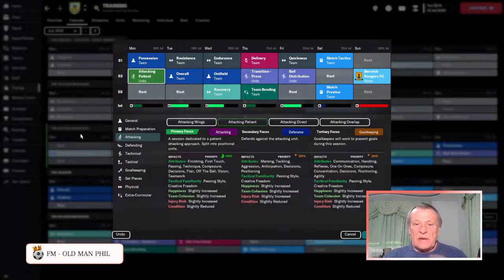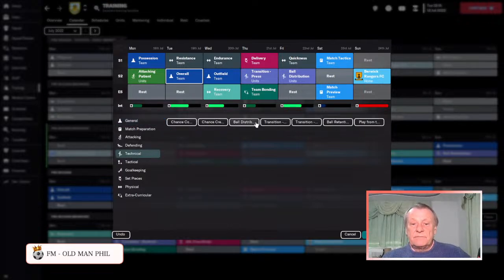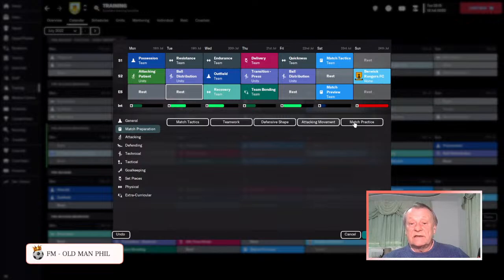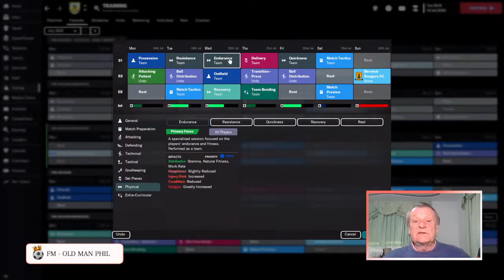Let's do attacking patient. I'm trying so hard to focus on things that we need to concentrate on. Again, here, it's all about keeping the ball, distributing the ball. And so we'll do some ball distribution here. I don't know if we need to rest at all here. I probably don't think we need a rest here. So we will do some match tactics possibly in here, just to sharpen us up on the tactics. We don't need to be doing